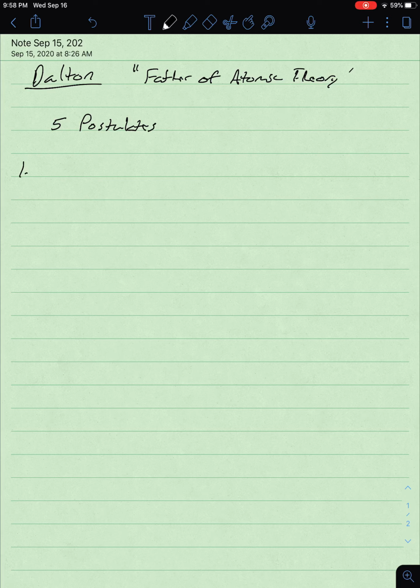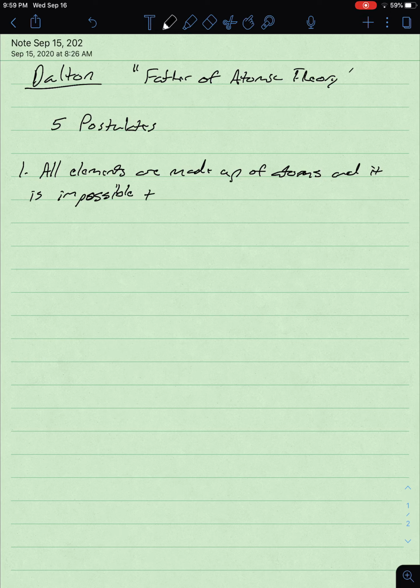So our first postulate. He stated that all elements are made up of atoms and it is impossible to divide or destroy those atoms. So bear with my handwriting here. His first postulate, all elements are made up of atoms and it is impossible to divide or destroy